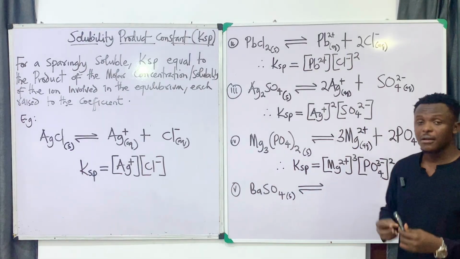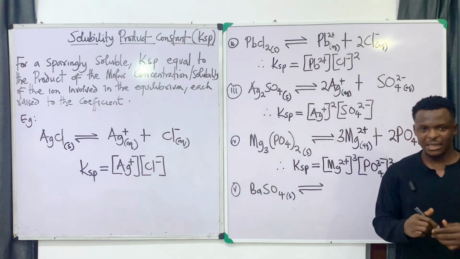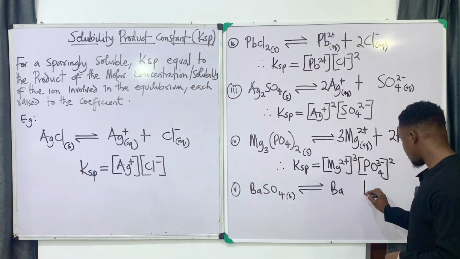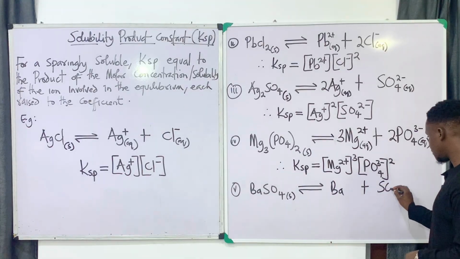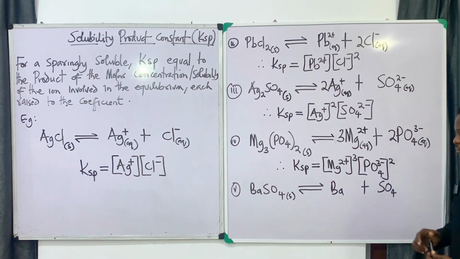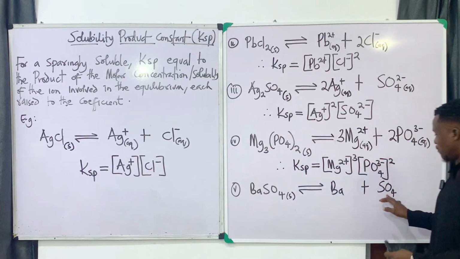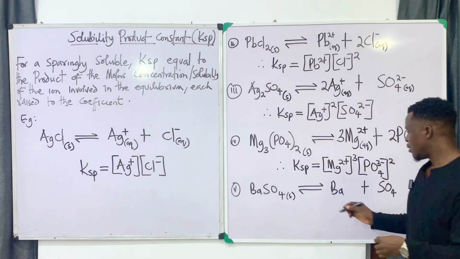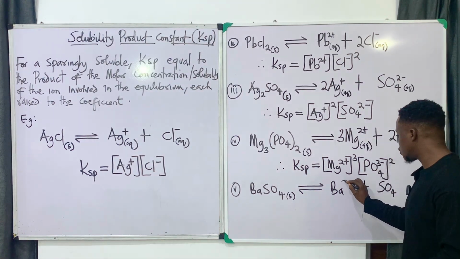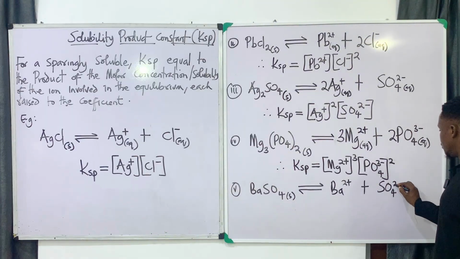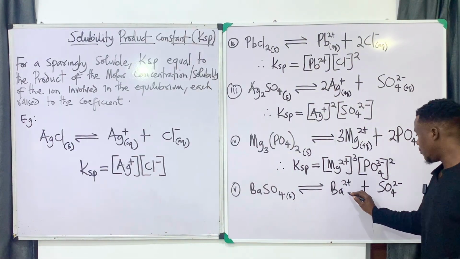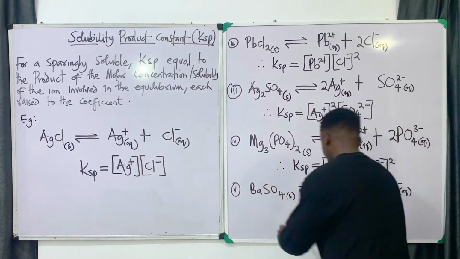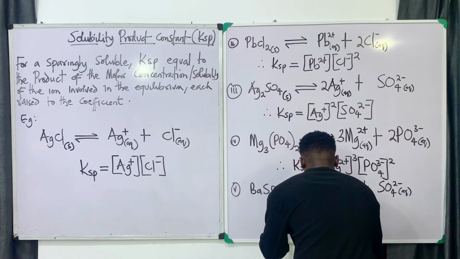barium. Class, barium is basically a metal. So we say Ba plus SO4. Barium is 1 here, SO4 is 1 here. So in terms of atoms, they are balanced. So we start adding their charge. Barium is 2 plus, this is 2 minus. You come here and add aqueous, and you come here and add aqueous. So therefore, our Ksp becomes